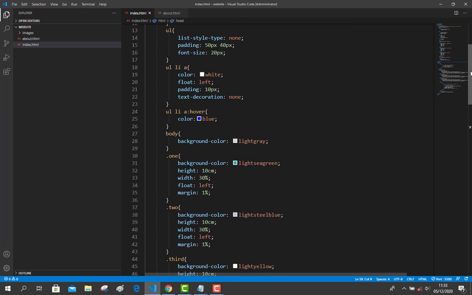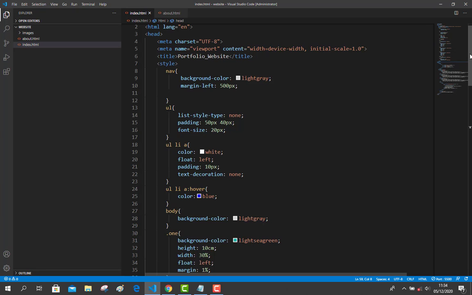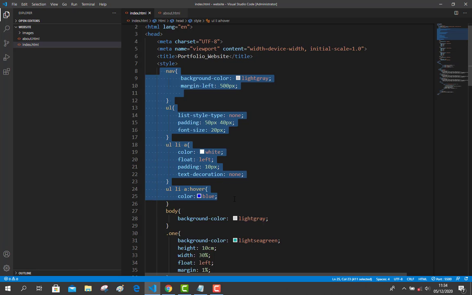We shall use the same, because this is the styling that will arrange our nav very well. It will look horizontal, just like the way we viewed it in the index.html. So we shall copy this. I don't need to type the same thing over and over, so that's why I was telling you that later on we shall create one CSS file where we shall be calling it. Yes, so I'll copy this, and then